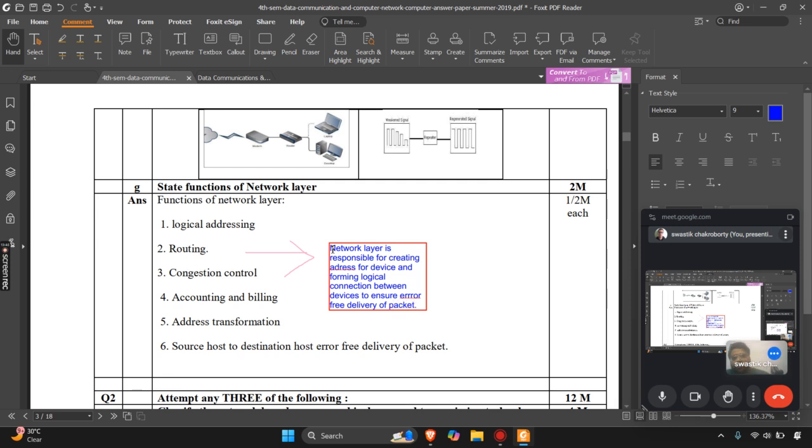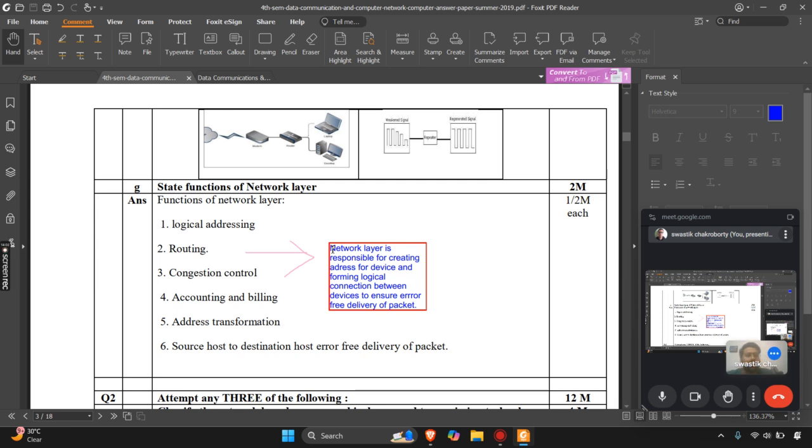So network layer is responsible for creating address for device and forming logical connection between devices to ensure error free delivery. So network layer is creating the addresses for the devices and it is forming a logical